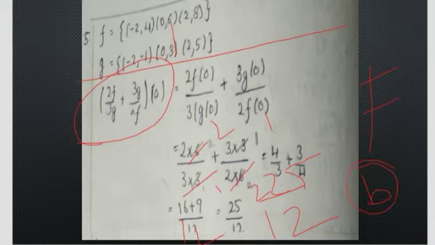Now the sixth question we will discuss. If A is an infinite set and B is a singleton set, then f: A → B is a constant function, option B. And the seventh one: the number of constant functions that can be defined from {1, 2, ..., 100} to {a, b, c, d, ..., z} is 26.